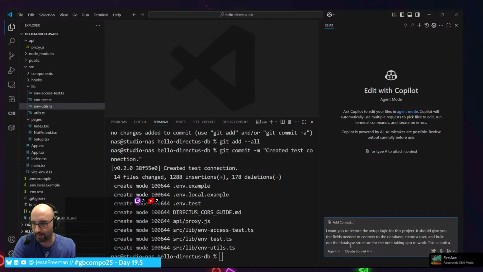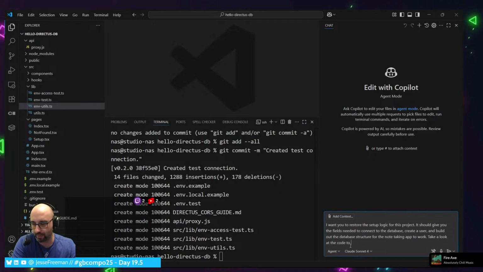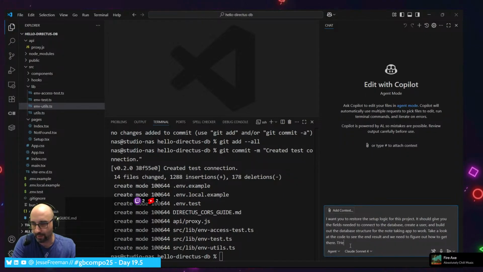Take a look at the code to see the end result, and we need to figure out how to get there. The connection needs to come from the environmental variables, like we are doing now.